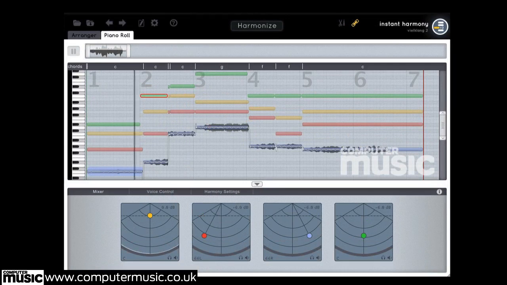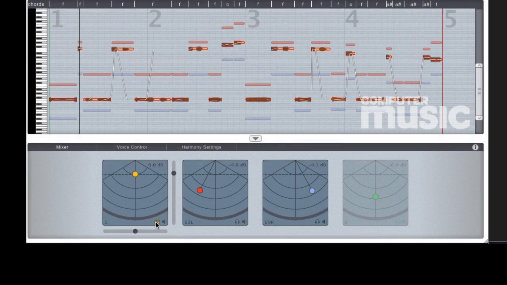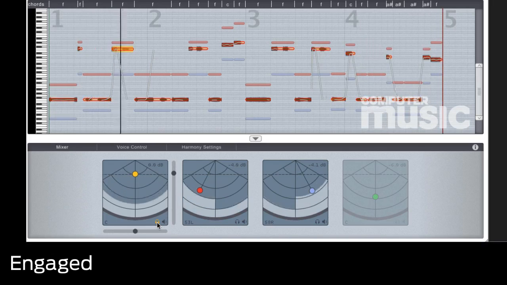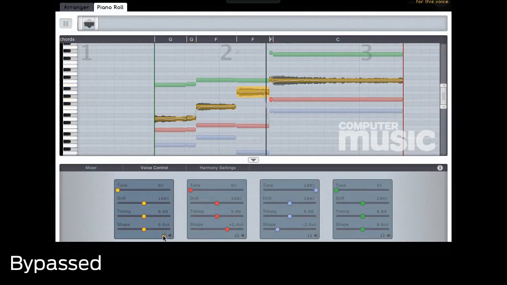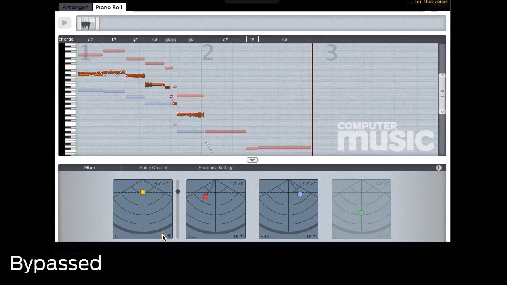Strings, synths, unison brass, guitar, even quite heavy guitar,